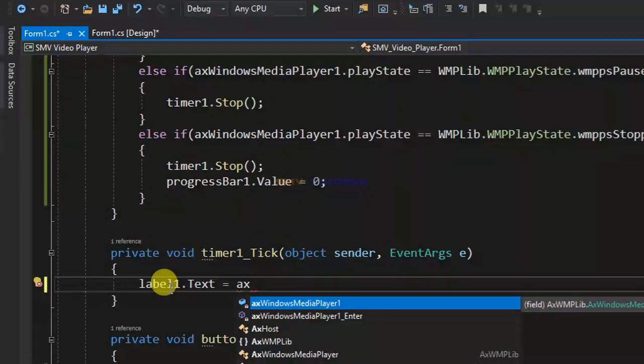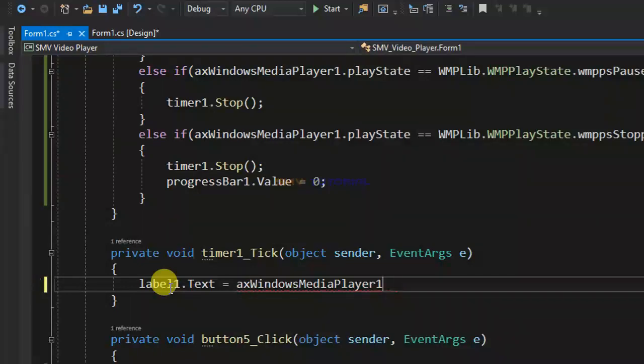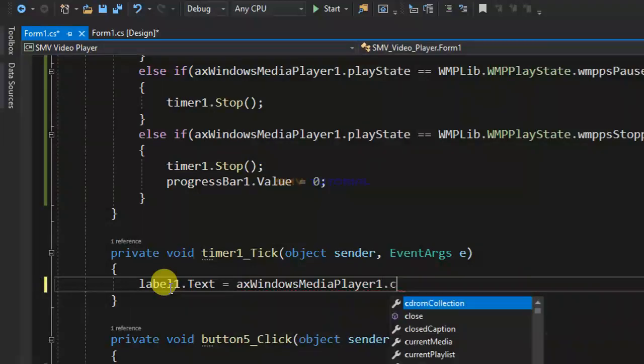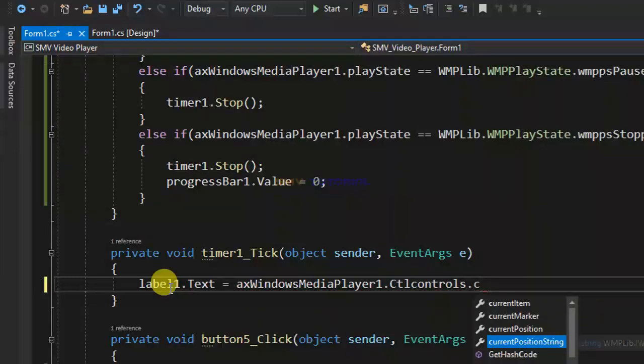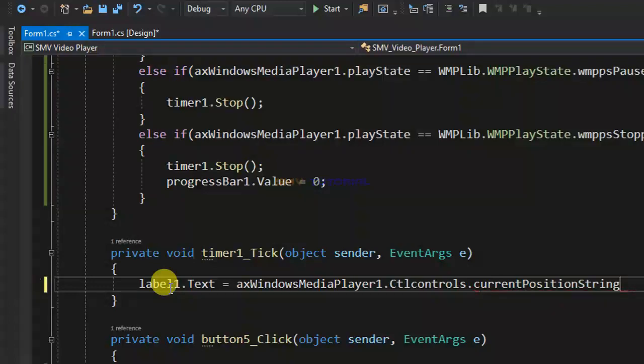AxWindowsMediaPlayer dot ctlcontrols and dot currentPositionString. Finally the semicolon.